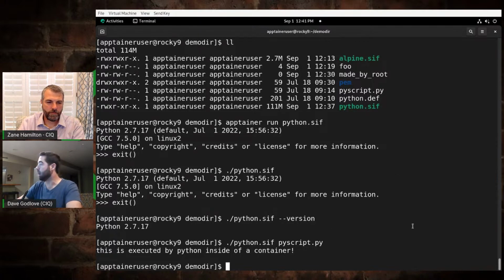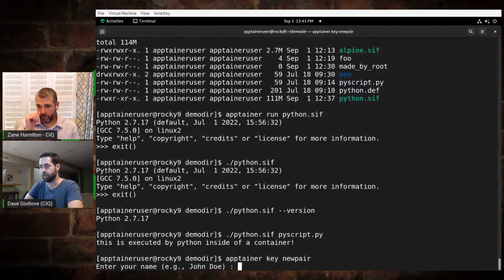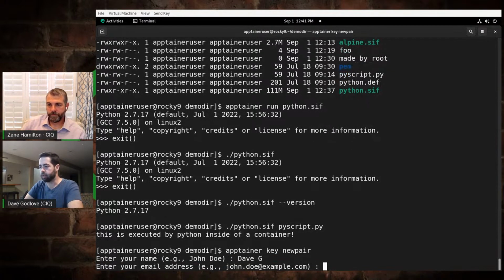And I'm going to show you a little workflow to get you acclimated to that. Okay, so instead of explaining this one first, I'm just going to kind of throw it at you, and hopefully you can see what I'm doing and get an idea of what's going on here. I'm going to create a new key with Apptainer. This is part of Apptainer. Enter my name,